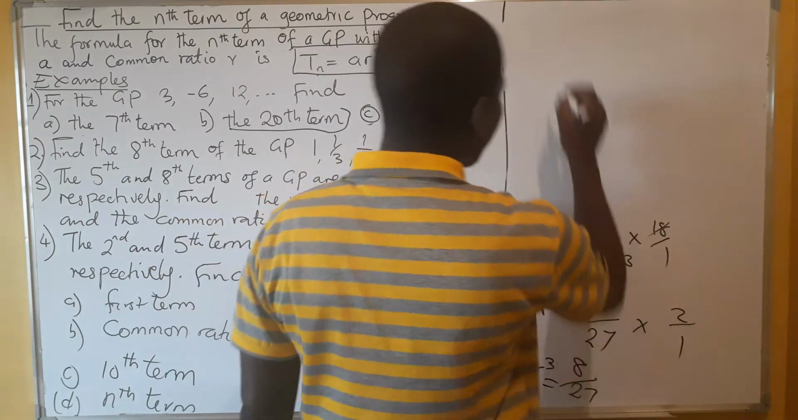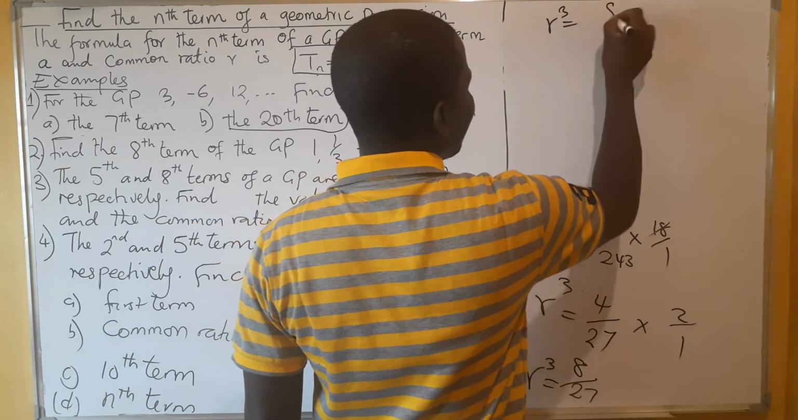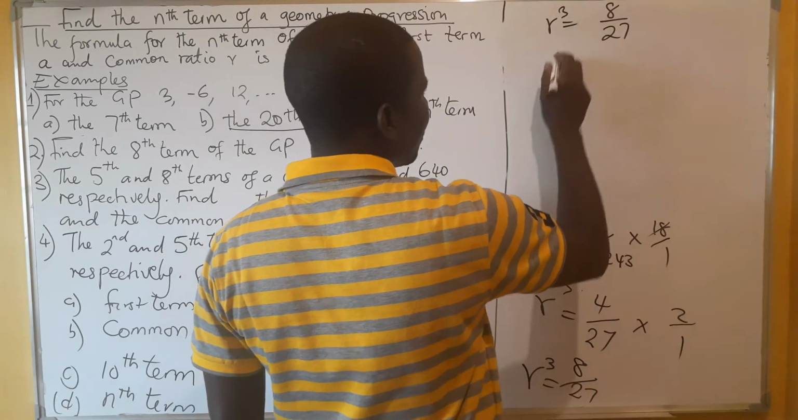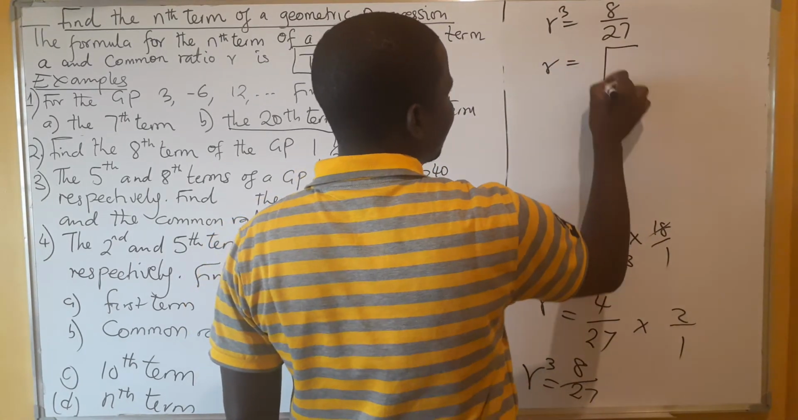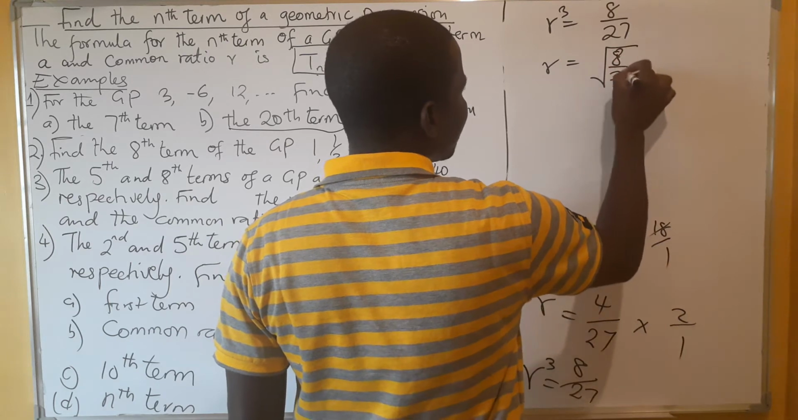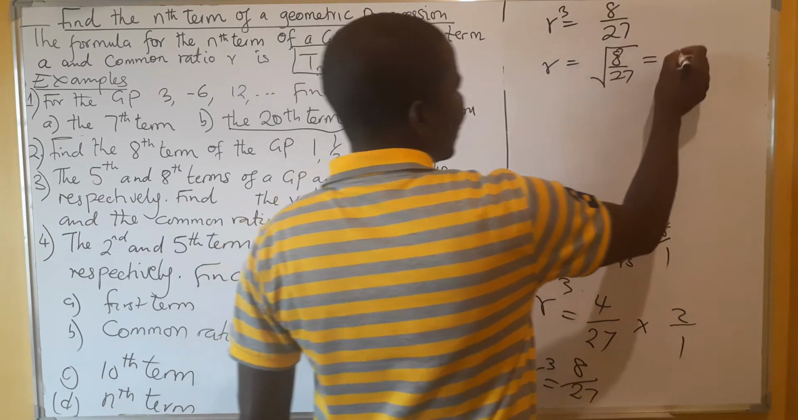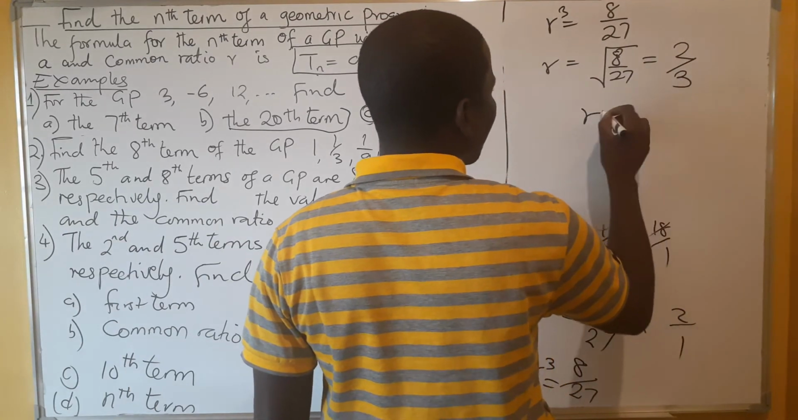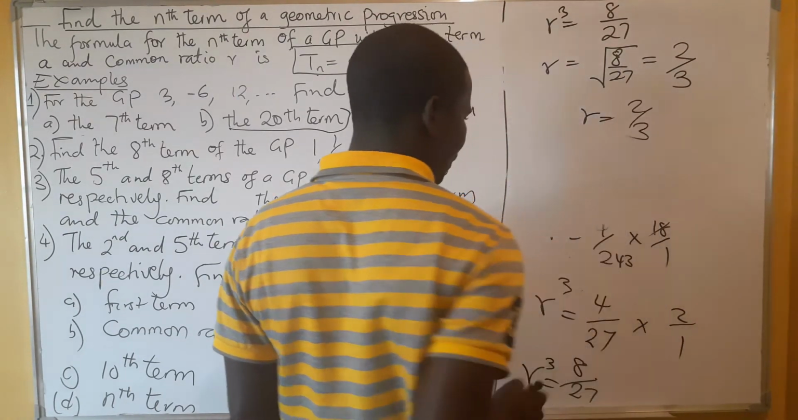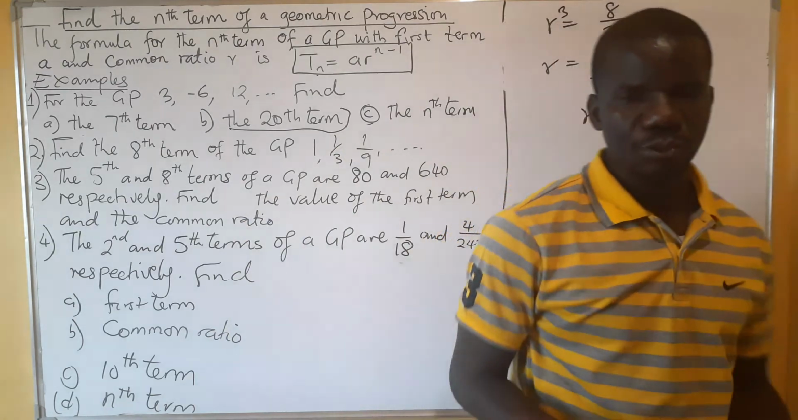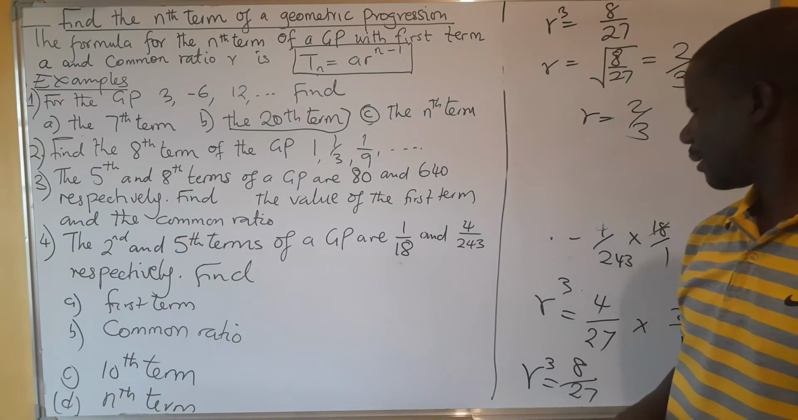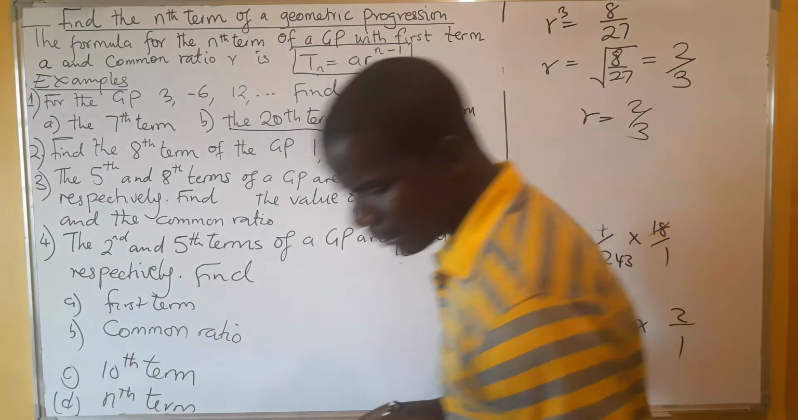So now we have 8 over 27. So it's the same thing. We take the cube root of this, 8 over 27. The cube root of 8 is 2. The cube root of 27 is 3. So our R is 2 over 3, which is very simple. That is our R. Then now to find the